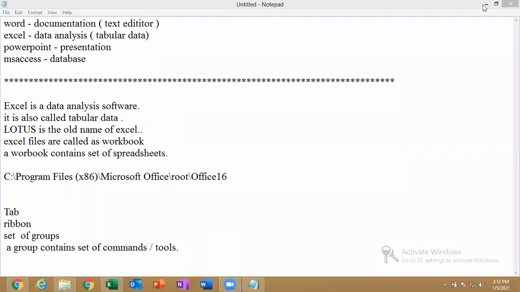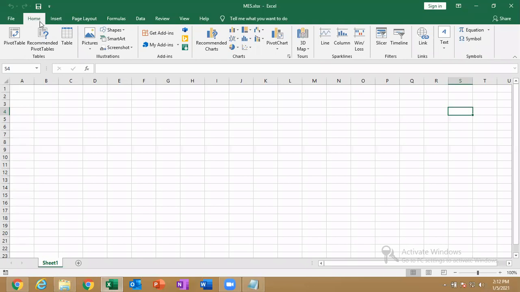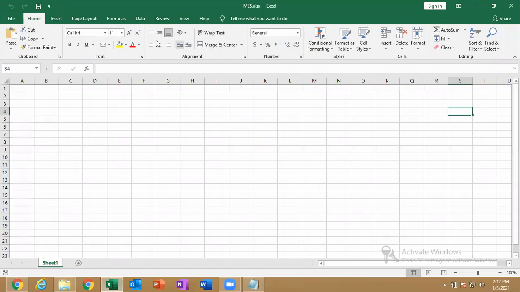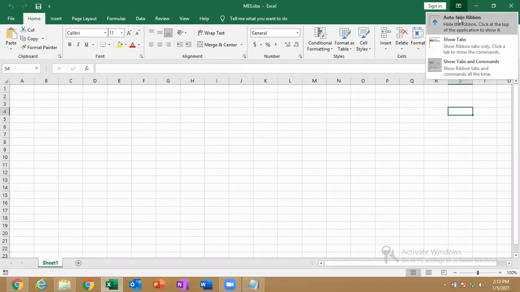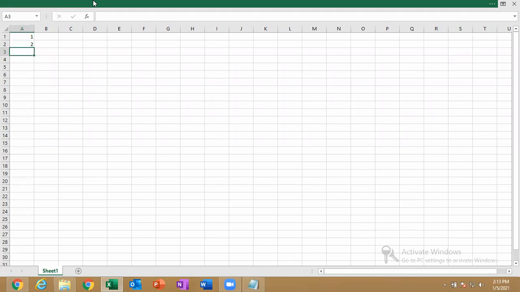Okay. So until here you're clear, right? So now let me open. Tab click, I get ribbon, ribbon contains set of groups, group contains tools. So now you see, just click here, auto hide the ribbon. So what happens? Automatically everything is hidden. Where it is used: when I am going to enter some data or records by seeing some sheet, you can enter like this, one, two, keep on going. If I want to see some home tab, I want to use it, it means nothing.